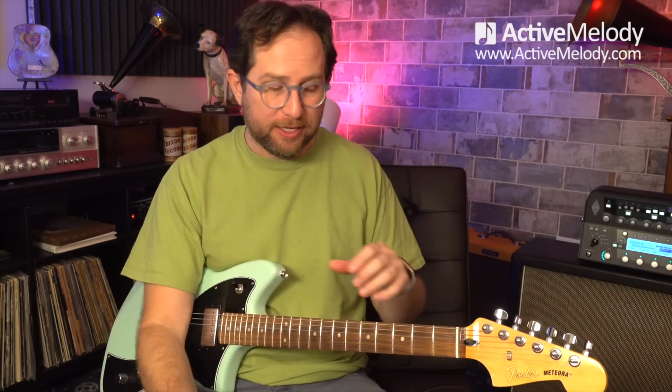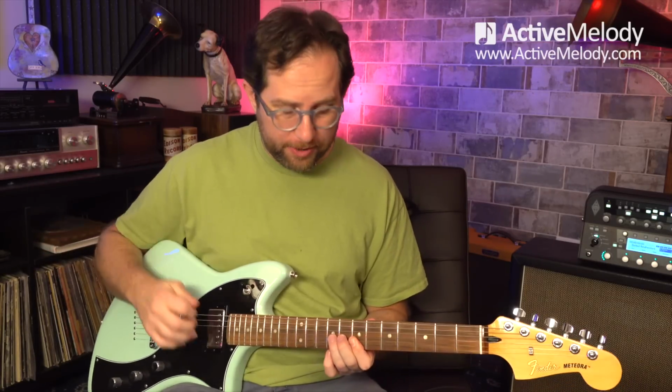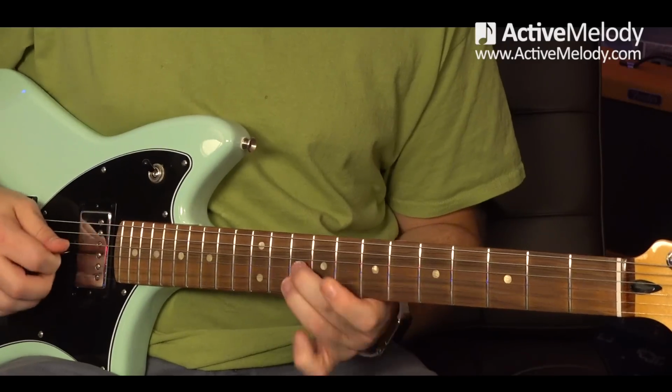All right, so this last lick we're going to learn in this video is this repeatable lick that you can use over and over again. I played through it 4 times when I was doing it with the jam track, and I did that just to really hit home the point of how repeatable the lick is. It works over and over again. Doesn't matter what the chords are, we're just playing in the key of the song. So this is minor pentatonic scale pattern 1, and what I'm playing,